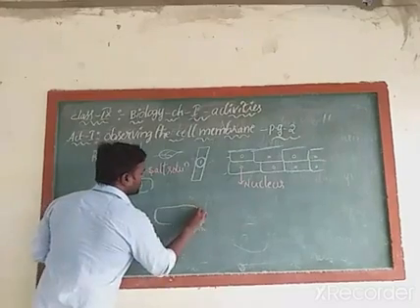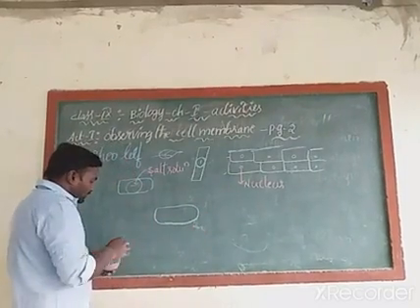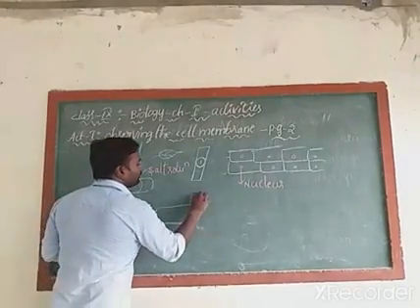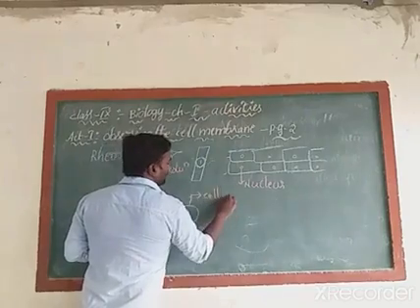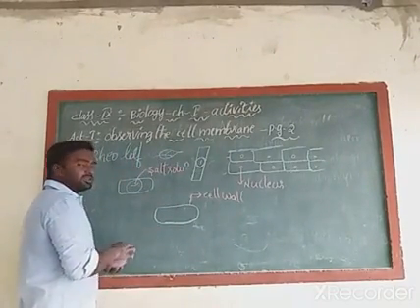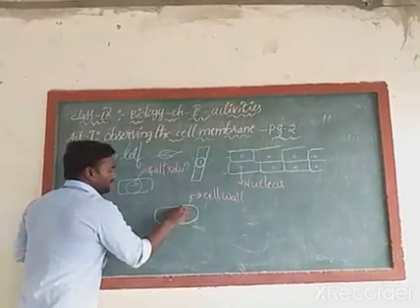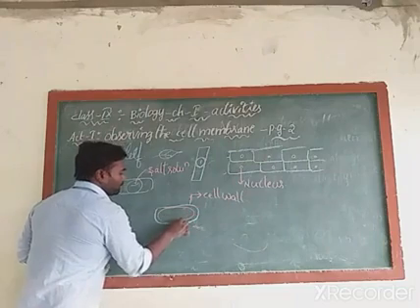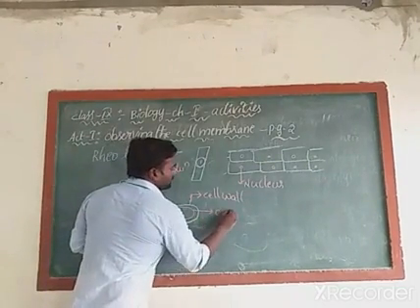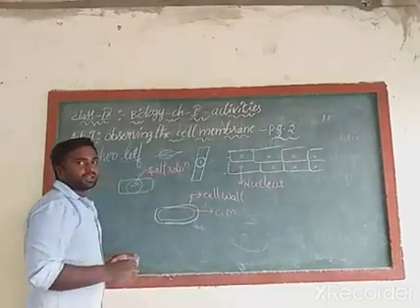Let us imagine this is one cell. What is the outermost layer in case of a plant cell? Cell wall. So this is a cell wall. Cell wall is the outermost layer. What do you know about the inner layer? Inner layer is a cell membrane. This brown colored one is a cell membrane. Shortly I am going to write cell membrane.